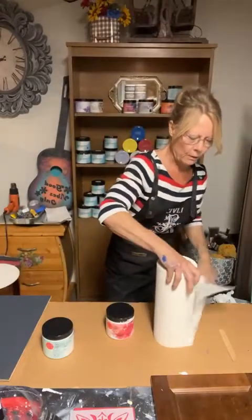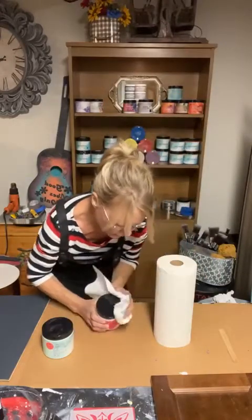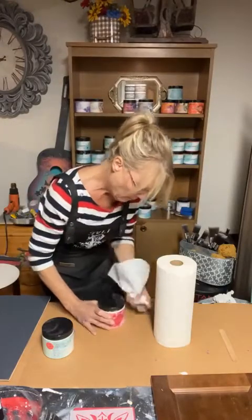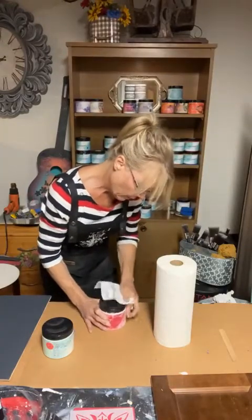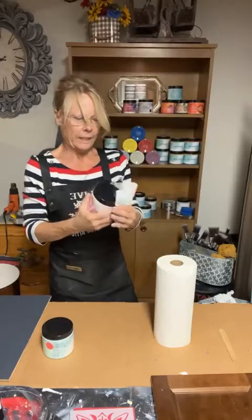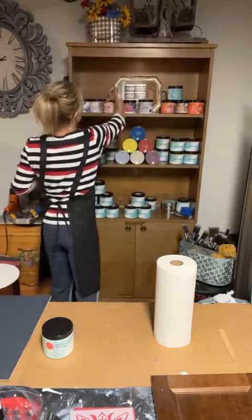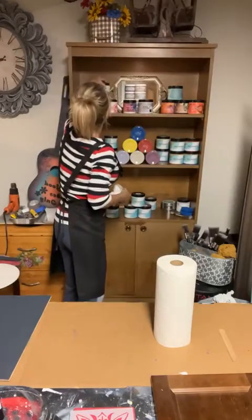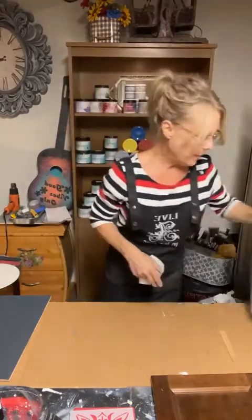I keep paper towel very handy, and all I do is just wipe. I try not to muck up the lids too much because you get a better seal. There we go. All right. So that is the scented paints. Now,